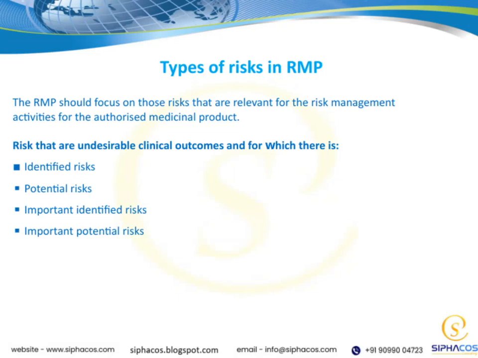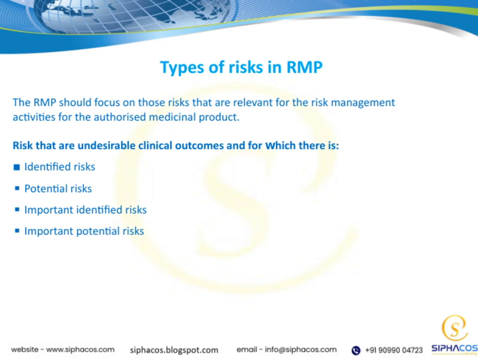Now, when we talk about the risk management plan, or RMP, it's important to remember that its main focus should be on those risks that are truly relevant for managing the medicinal product effectively. Essentially, we want to target the risks that could impact patient safety or the product's benefit-risk balance. These risks include undesirable clinical outcomes, which are adverse effects or other negative results that we want to minimize or prevent. For each of these risks, we categorize them into 4 types: identified risks, which are known and well documented;